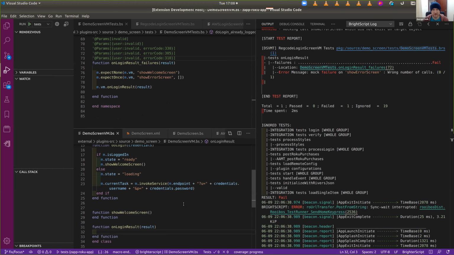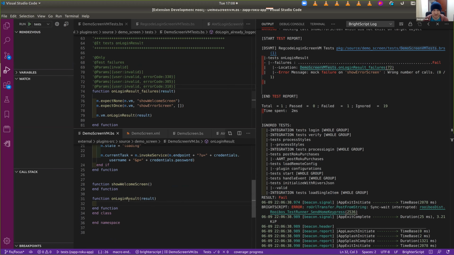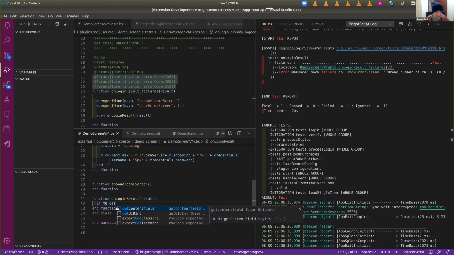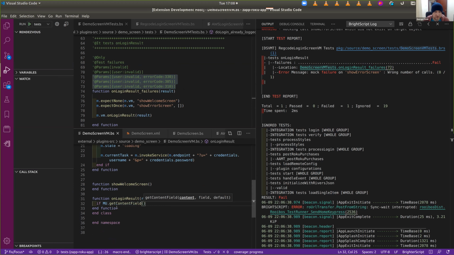So now bearing in mind, and this is helping me write my method, I go back to my method and I've got this here. And before I write any code, I'm already thinking of the kinds of values I'm going to need to process. So first off the bat, I might say, well, if nu.get content field, it's a function we have, you guys all got the same things. User invalid. So if we've got an invalid user back from a result, then I'll say